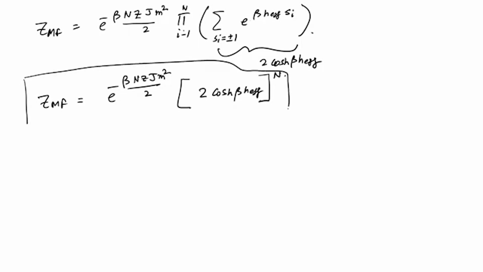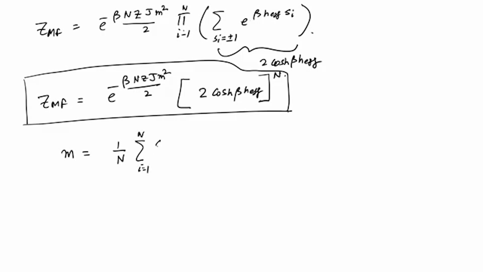So, this tells you that you are very likely to arrive at a solution which is in closed form, and we can now of course calculate the magnetization, and from the free energy, that is, you take the log of this partition function, multiply it by minus kT, and then take a del f del h. But what we can do also here is that we know this, that m is equal to 1 over n, sum i equal to 1 to n of the SI average, and we can calculate the SI average using the formula that it is a trace of SI exponential minus beta h divided by z, and this is easy to see that